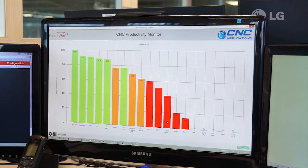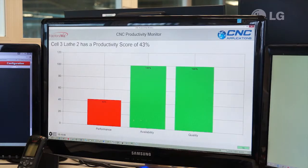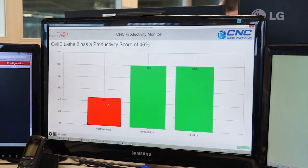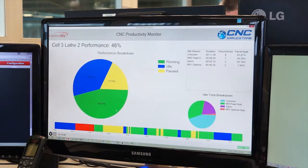It's running at 42% on this shift. So if I click on that, that's the breakup. So you've got the availability of the machine is 100%. The quality, they haven't scrapped any today. So if we go back to the system. So the performance one? The performance is showing that